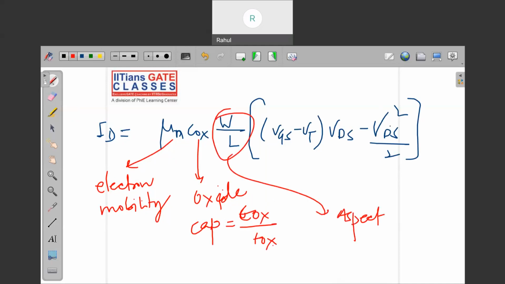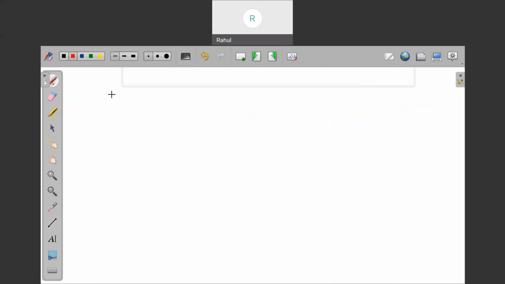Aspect ratio. Width upon length, channel length, right? So ID equal to mu n Cox W by L, VGS minus VT into VDS minus VDS square by 2. Okay. Remember one important condition. Note,